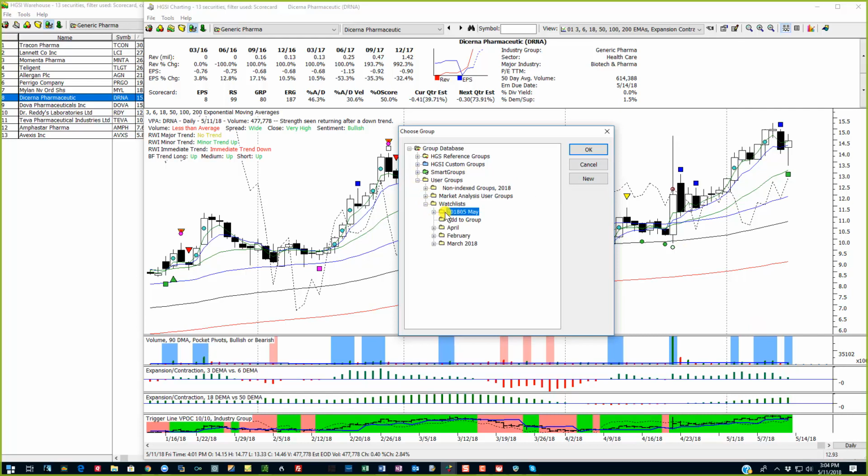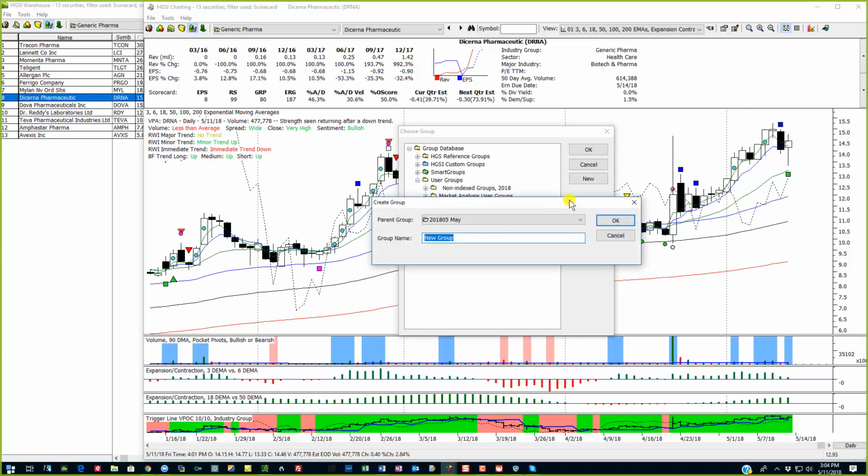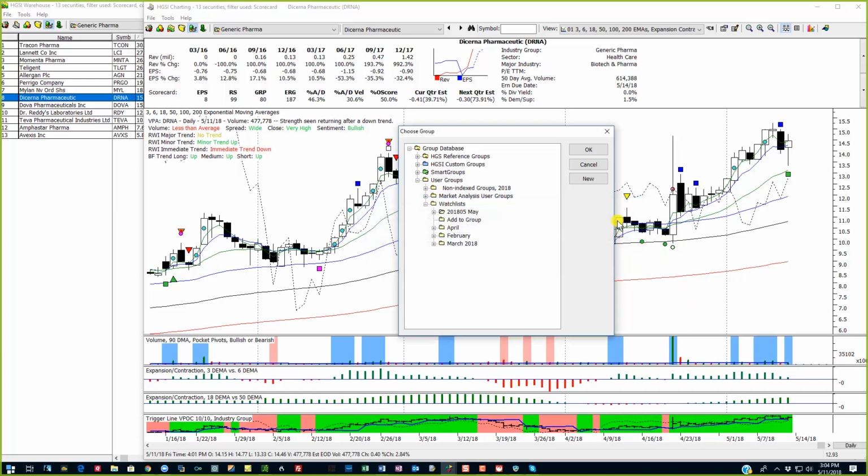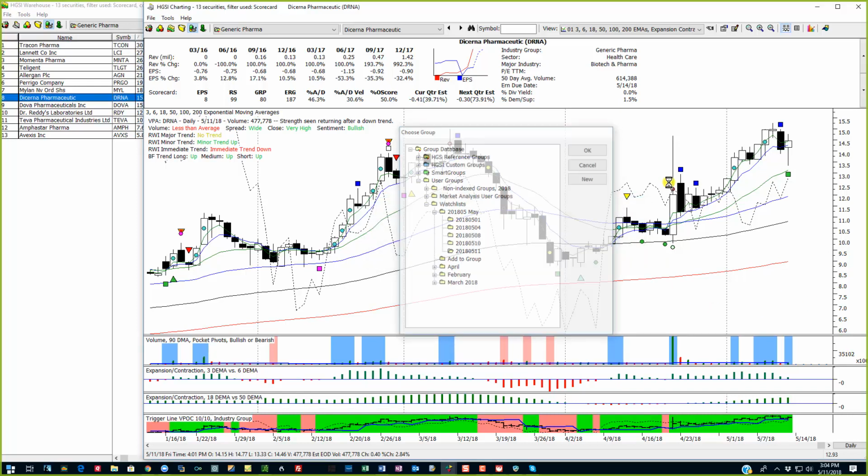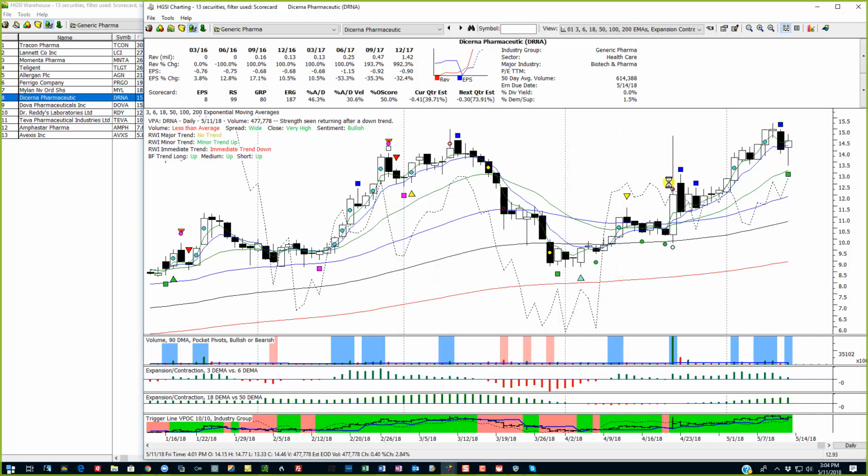I'm going to go to watch list. I'm going to go to May. I'm going to go to new, 2018-05-11, because this data is from the 11th. Okay. Now I don't know if you could hear the click or not, but that was added to the user